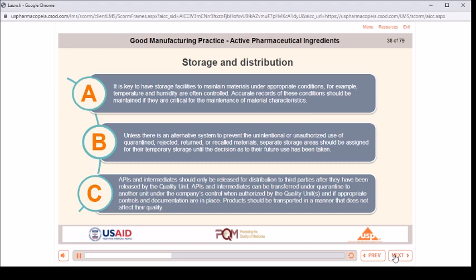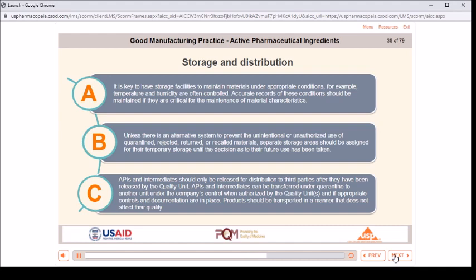B. Unless there is an alternative system to prevent the unintentional or unauthorized use of quarantined, rejected, returned, or recalled materials, separate storage areas should be assigned for their temporary storage until the decision as to their future use has been taken. C. APIs and intermediates should only be released for distribution to third parties after they have been released